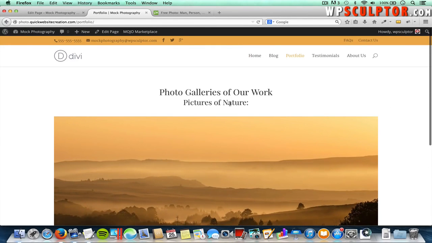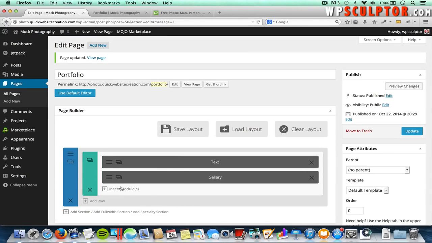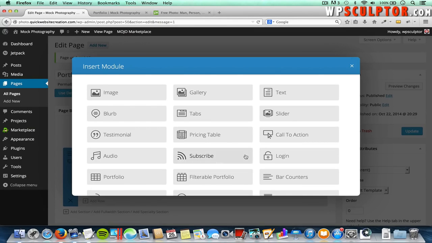Alright, let's go back and let's add our second photo gallery. Let's go back to the page editor. And before I do that, actually, I want to insert a really neat module. It's really simple, but go ahead and click on Insert Modules. It's called a divider module. So I'm going to click on that and then find the divider module